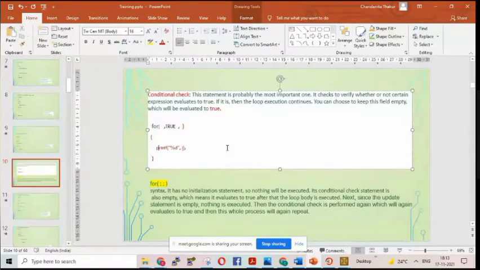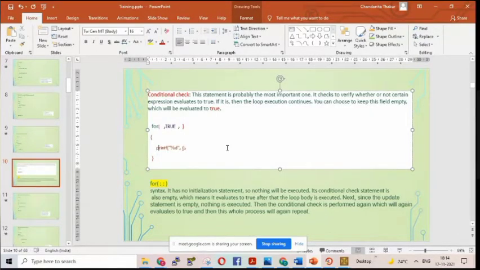To break an infinite loop, you have to type Ctrl Alt Delete or Ctrl Break. Your task manager should start and you should close Turbo C, then you can open Turbo C once again. Infinite loop means it will keep on executing. There is no end in that.